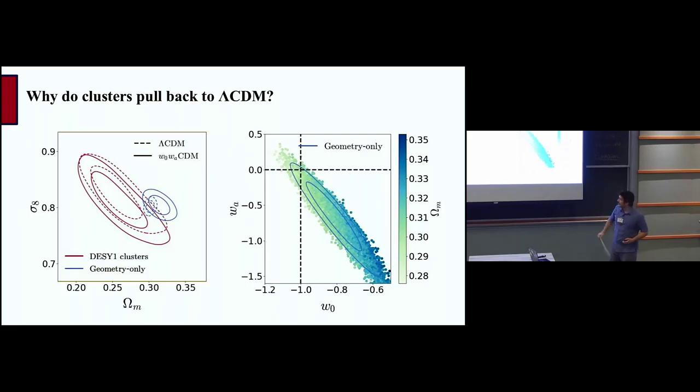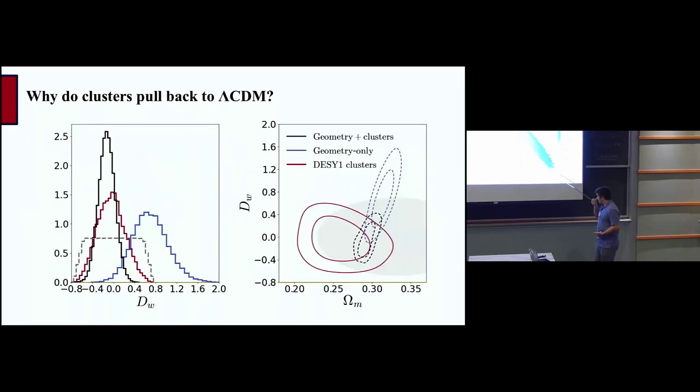So here you can see these are what we call geometry only. This is Planck, BAO, and the supernova, and the points now are color-coded by omega m. So you see, if you want to pull away from lambda CDM, you need to go to relatively higher values of omega m, greater than 0.3. And then, at the same time,